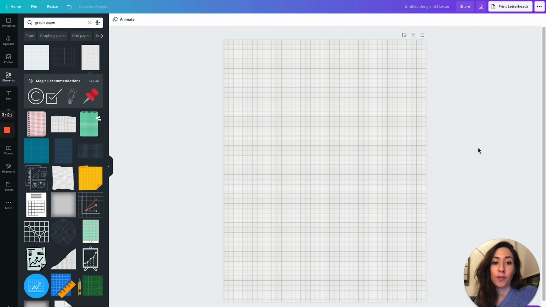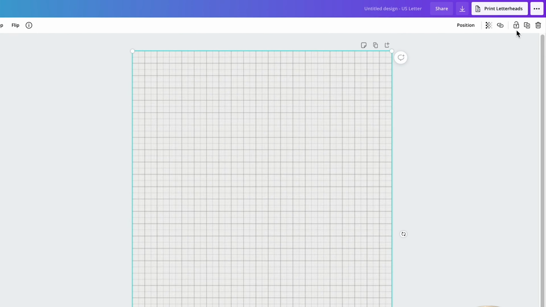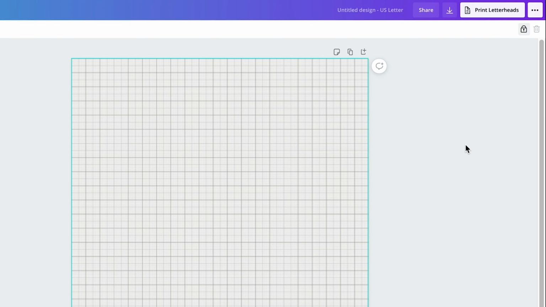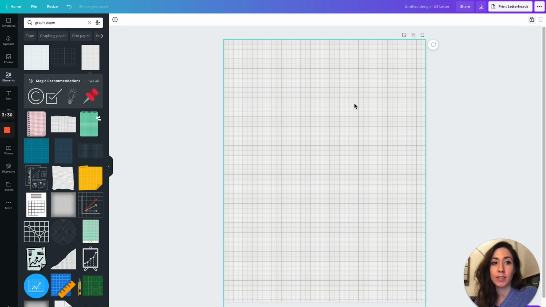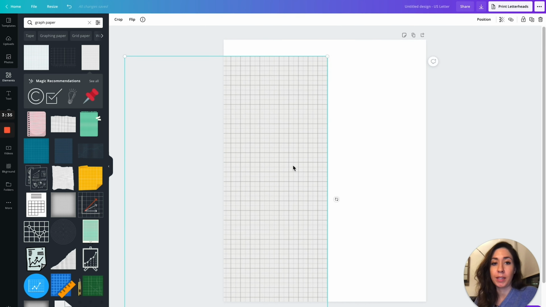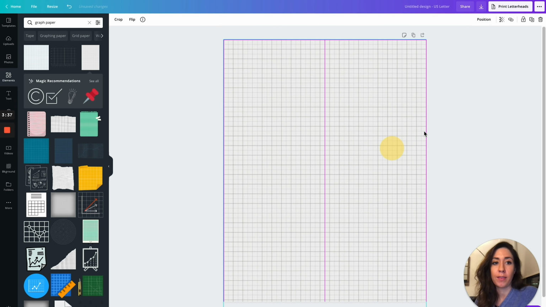Now, another really helpful thing is you can lock this layer by clicking this lock button. And why that is so great is because when you start adding elements on top of this grid, if you grab the wrong thing, you might slide it out of place. So I would say once you have your grid in there, just lock it up, and then you can start